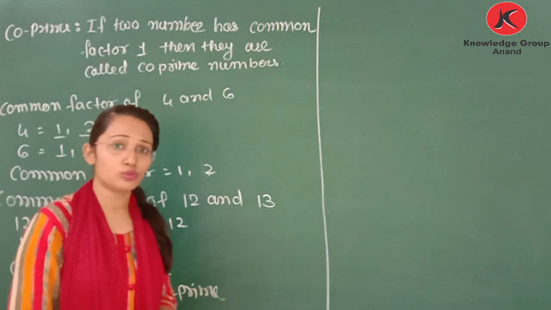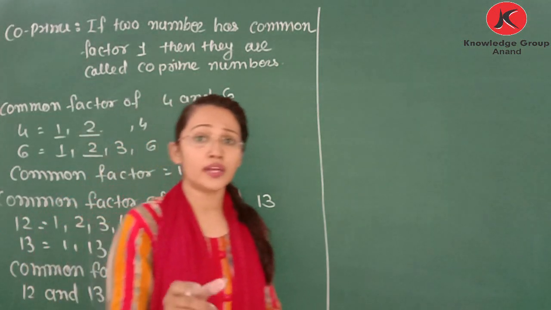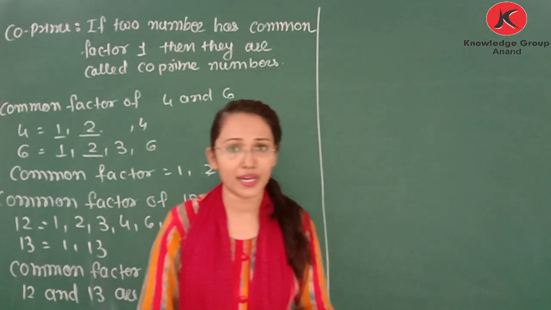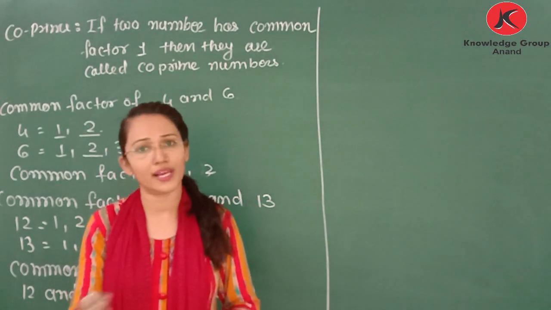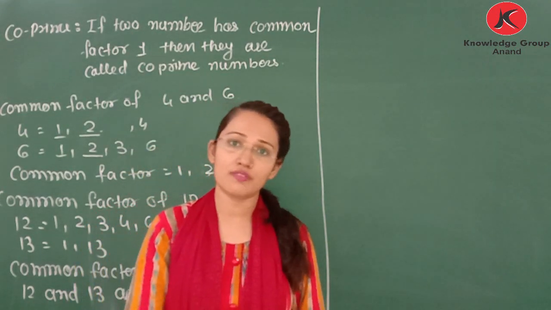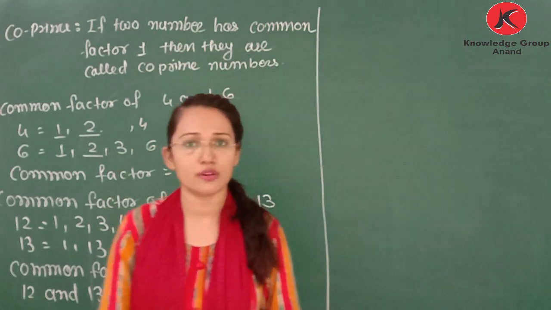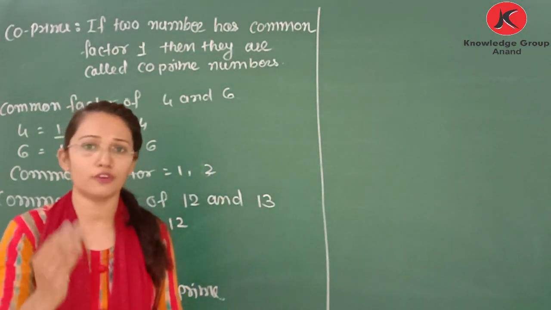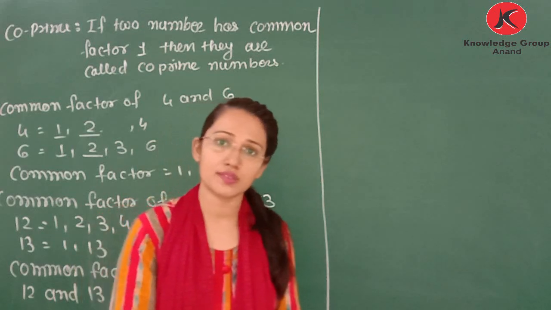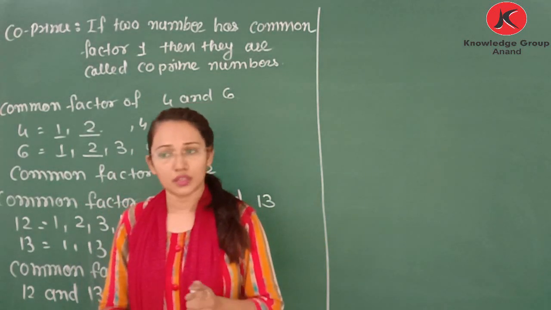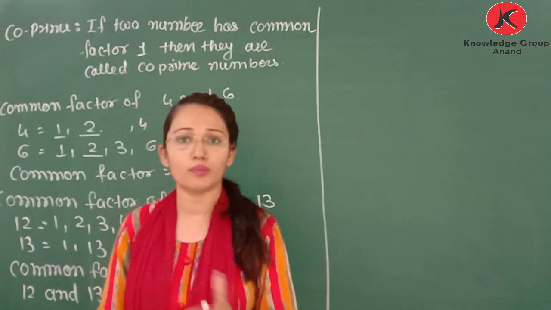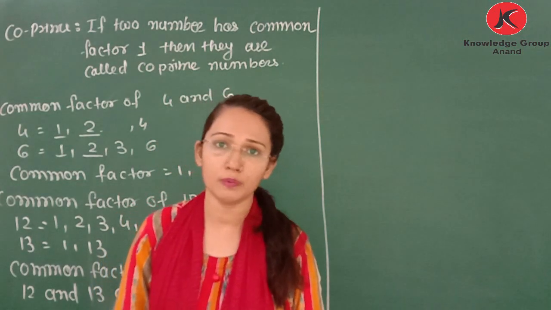Also we learn a rule that if a number divides two numbers separately, then their subtraction is also divisible by that number. For example, 12 and 15. 12 is divisible by 3 and 15 is also divisible by 3. So if you take 15 minus 12, that is 3 and it is also divisible by 3. Means if two numbers are divisible by some number, their subtraction is also divisible by that number.